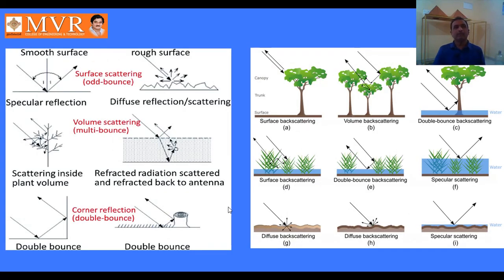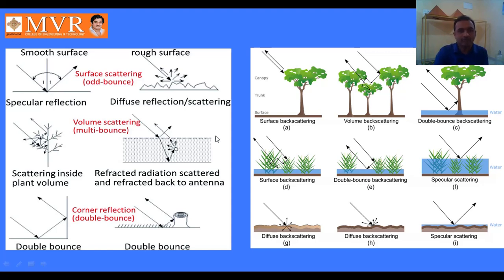See what happened here. This is the single reflection: the incident angle and the reflecting angle are the same. This is the smooth surface, with a single bounce reflection. In the presence of the sun, single reflection takes place here. On the same rough surface, it reflects as scattered reflection in any direction. And this is a single reflection.